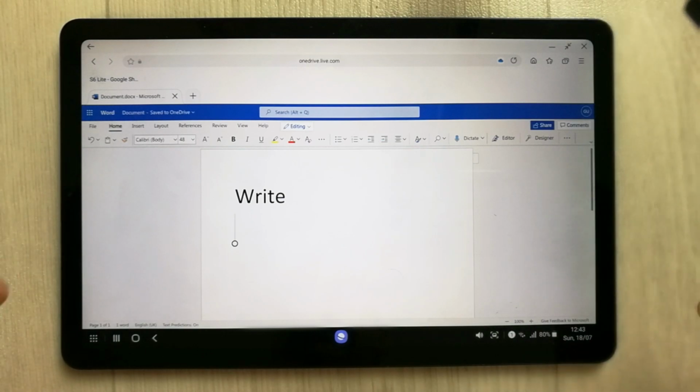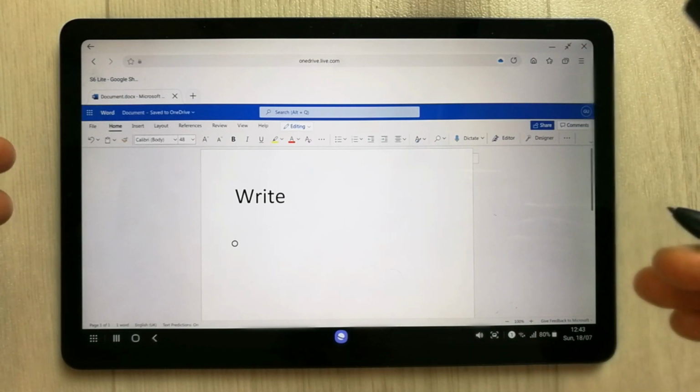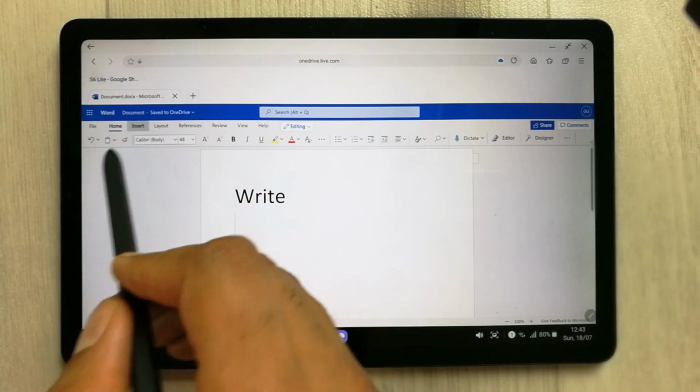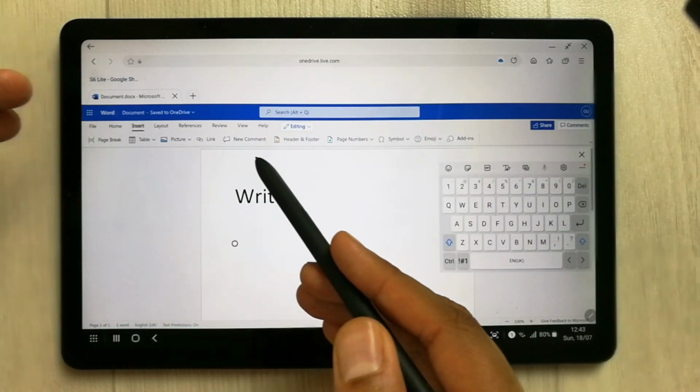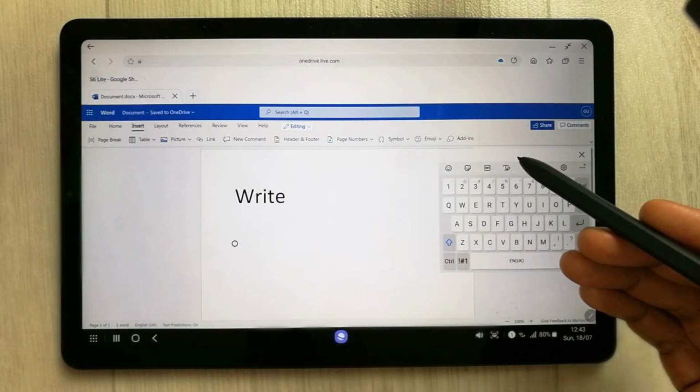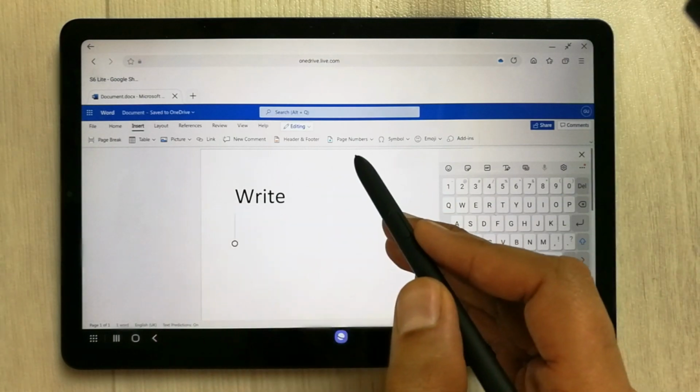It has its own cloud which is called OneDrive, so you can save all of your documents, your Excel sheets, your PowerPoint sheets there as well. So you can see over here it is giving you all the tools. Okay, for example, if you want to insert any picture, a comment, header, footer, all the tools that we are used to for Word, it is providing you here.